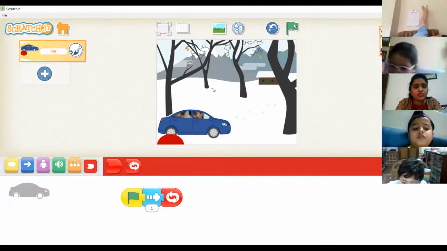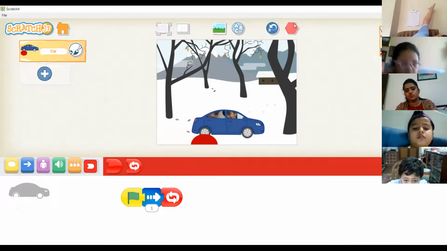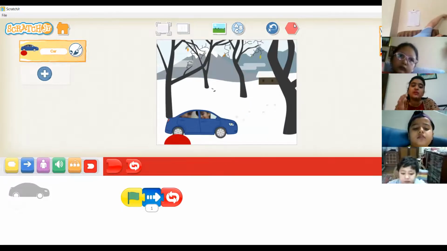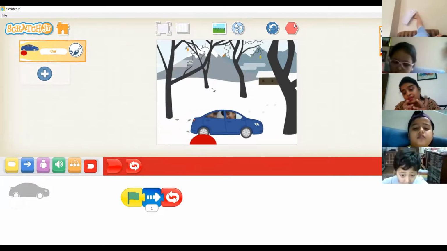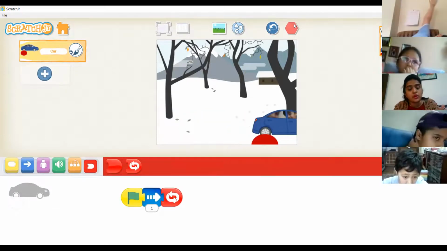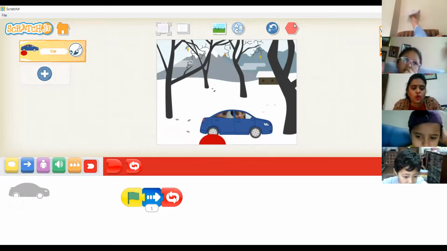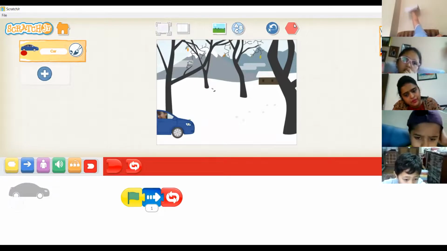When I click on the flag, then the car will move. And it will move continuously because I have put one loop here. Have you understood? So what I'm doing, I'm giving instructions to my computer to move the car. So these instructions only we call as coding.